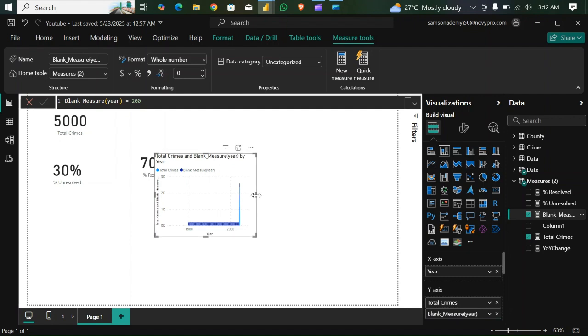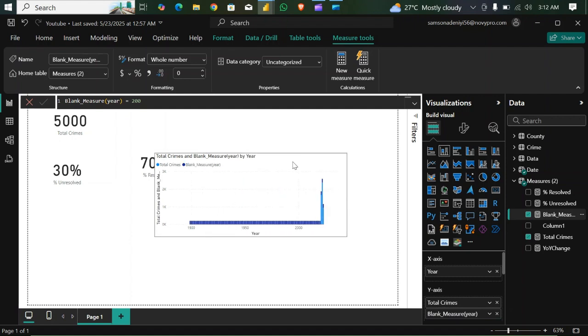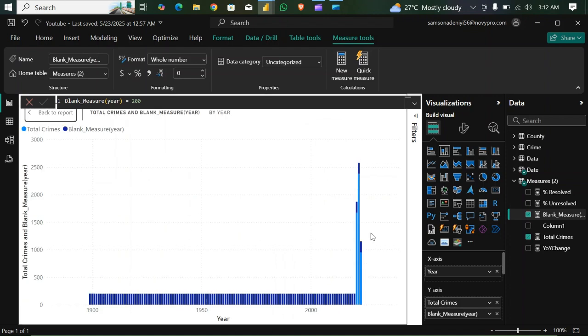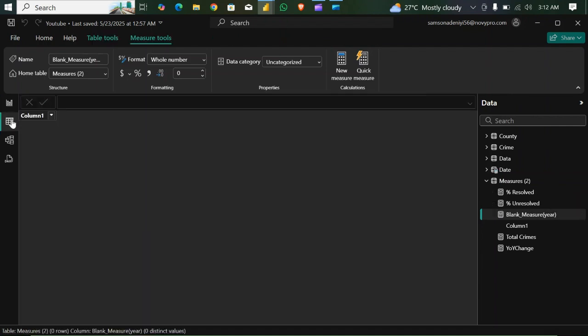Now, while we are having this, let me see if I can make it bigger. Now we have the three columns for the 3 years that the crimes were recorded here. But we have these extra years here, 1900, 2000. Now, if you check your calendar, or your date table,